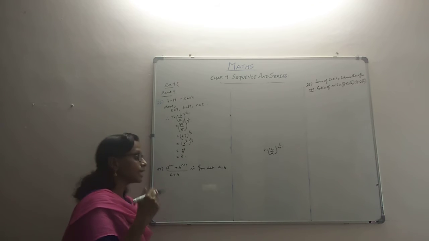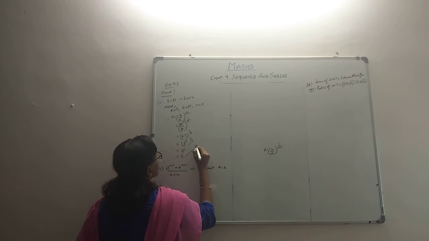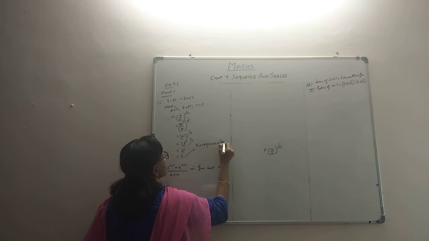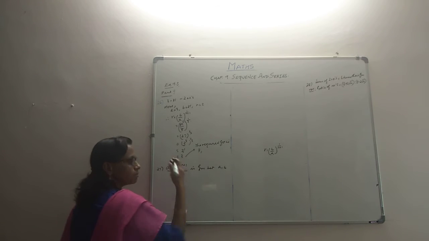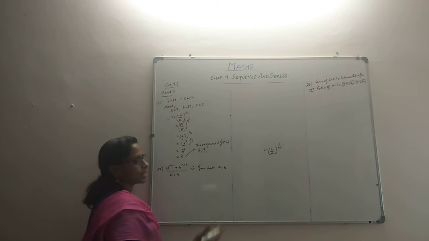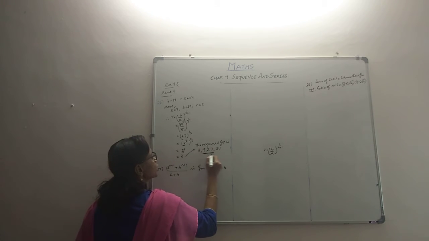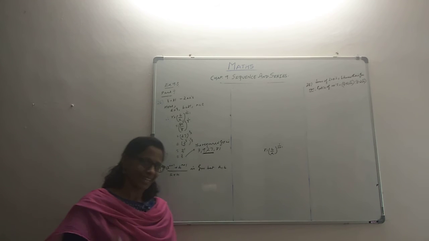From the R value you can get what the progression is. So the required GP is first term we start with 3. Then our R is 3, so we multiply, that's what we do. 3 3s are 9. Then again 9 we multiply by 3, so it becomes 27, and finally the last term is 81. So you have introduced those two terms in between the terms 3 and 81.